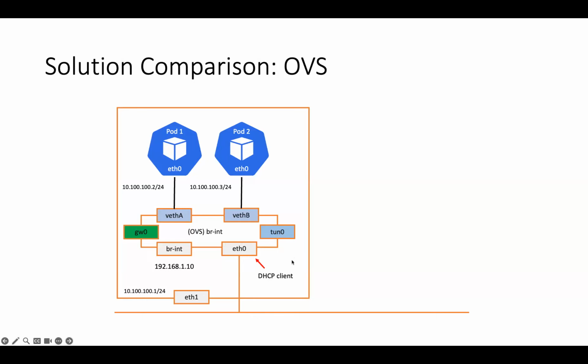The problem with this solution is that on some platforms, the IP address of the uplink is retrieved by DHCP or managed by some network managers. This could cause problems because we have to move this IP from this device to this device, and